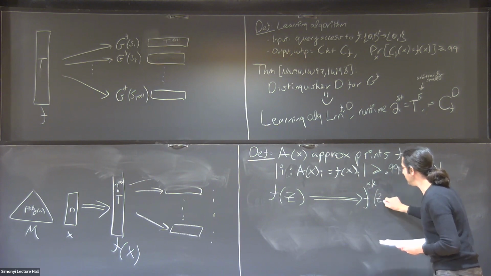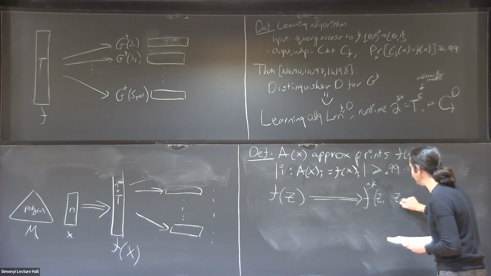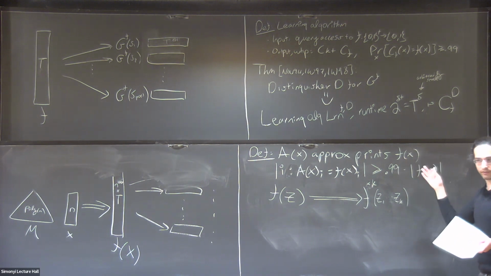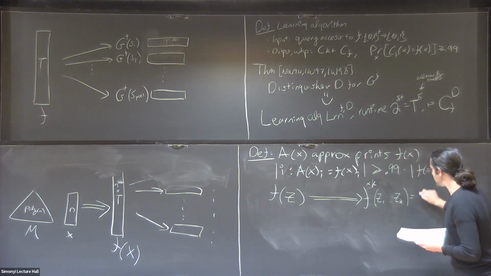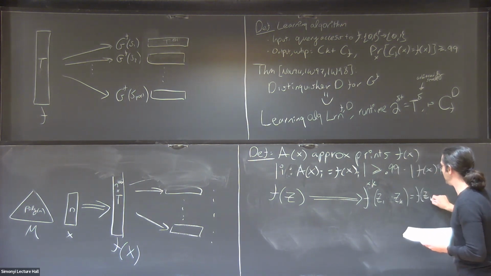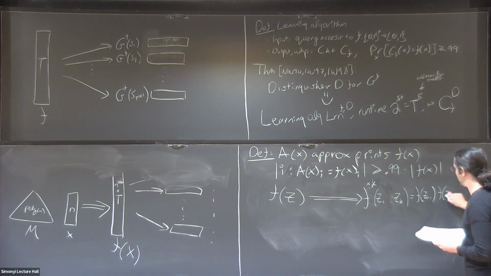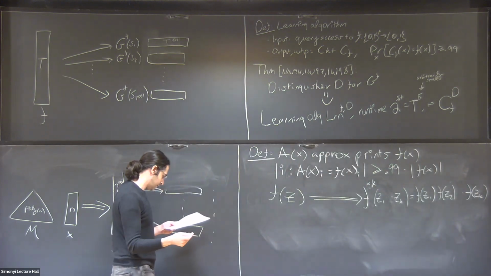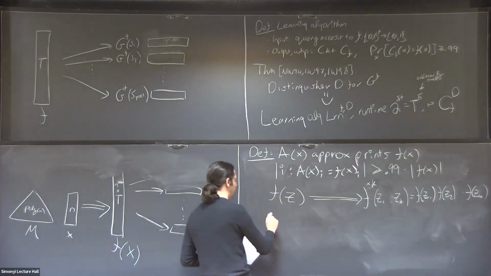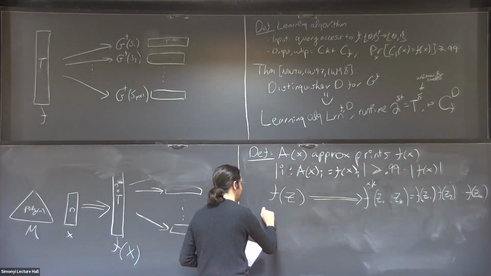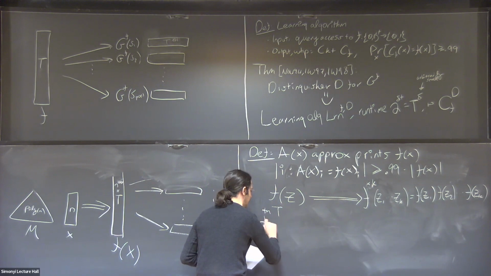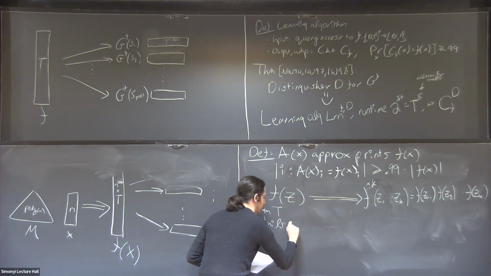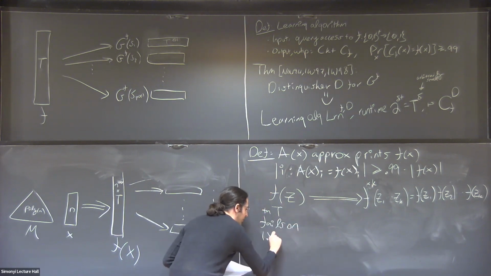It takes its inputs z1 up to zk, which we think of as independent, and it simply evaluates f on each of them and outputs the k-bit string f of z1 up to f of zk. And we use this to make functions harder. So if every algorithm that runs in time t fails on 1% of the inputs here or more,